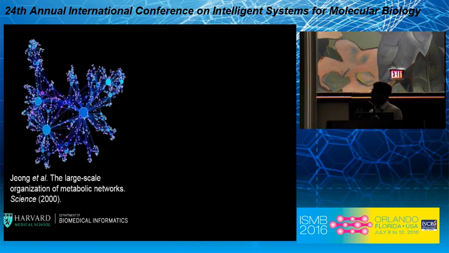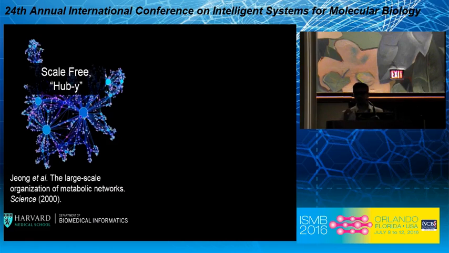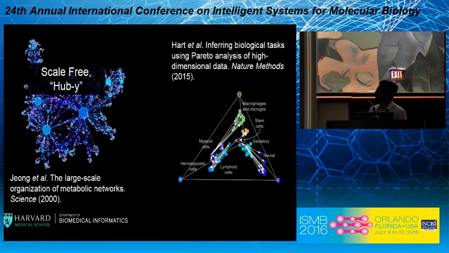So this whole project came out of two observations we're all probably familiar with in some form or another. The first is that biological networks, and in particular transcriptional networks, demonstrate this property of being scale-free, which is a fancy way of saying that there's a small number of genes that have a lot of connections, a lot of regulatory connections to many other genes, and most genes actually don't have very many regulatory connections to a lot of other genes.